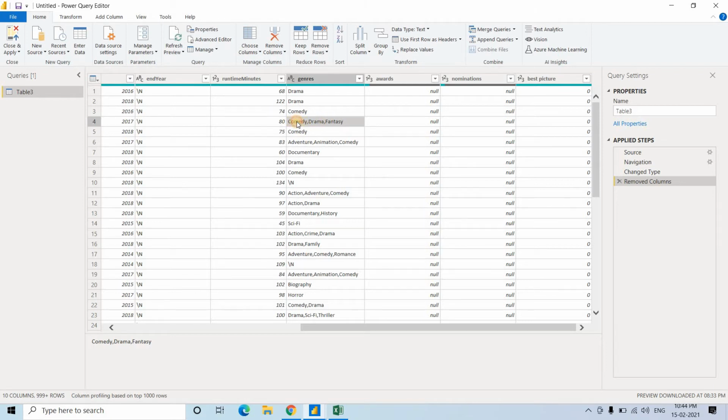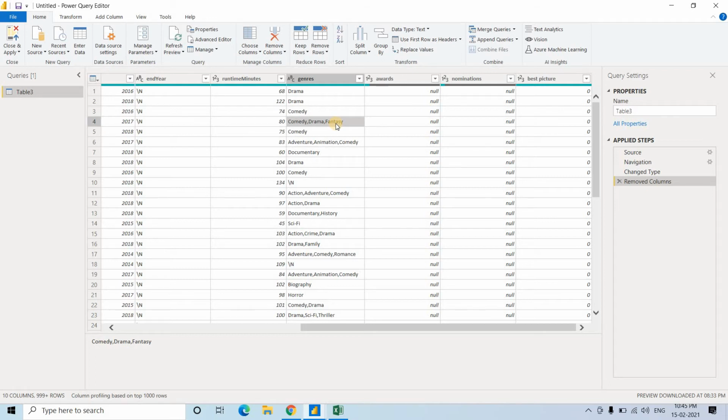In one row comedy will be present, in another row drama will be present, in another row fantasy will be present for the genre column. That is, this particular row will now be repeated 3 times, and in the 3 rows for the genre column, first time it will take comedy, then drama, then fantasy, like that it will be expanded, and as a result it will be very easy for us to apply a query or any filtering condition based on that particular setup, right?